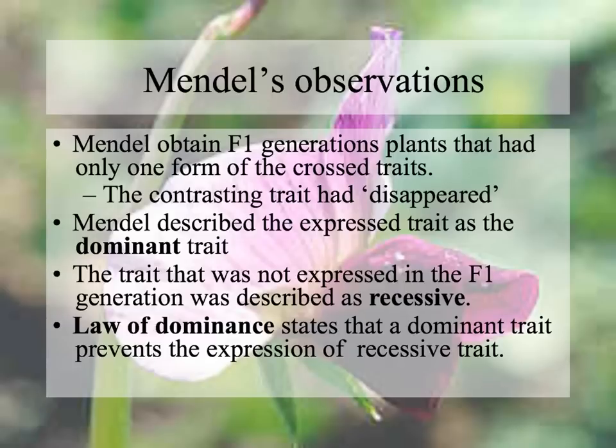Okay, and what he noticed was this. When he did the cross, in the F1 generation, one of the traits had disappeared. The trait that did not disappear, he called the dominant trait. The one that did disappear, he called the recessive. He came up with the law of dominance, saying that when you have one dominant trait and one recessive, in our case we call them alleles, one dominant allele with one recessive, the dominant always appears. That is a simple Mendelian